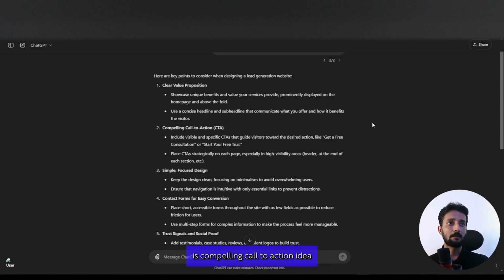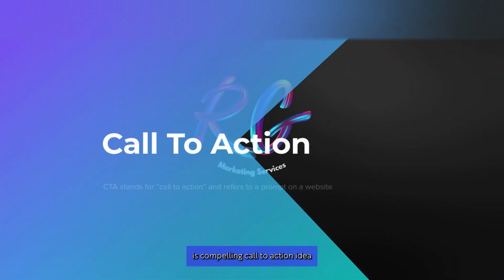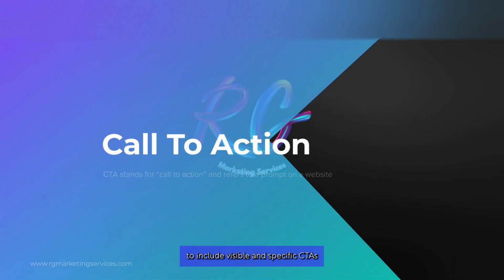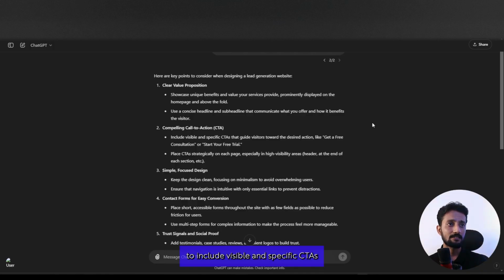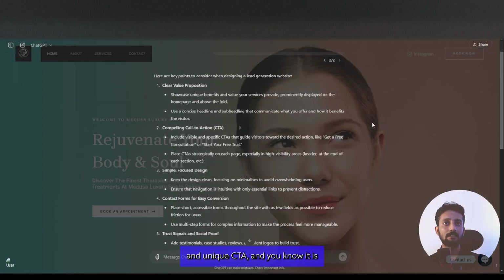Next point is compelling call to action, CTA. Include visible and specific CTAs that guide visitors toward the desired action, like get a free consultation or start your free trial. So there should be a proper and unique CTA, and it is